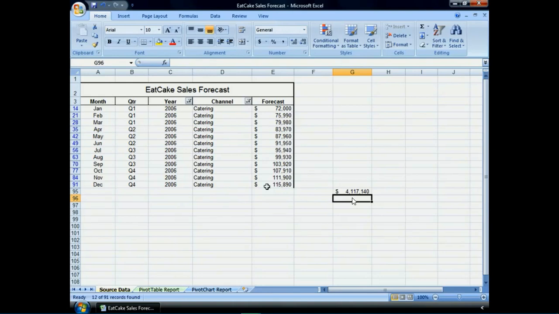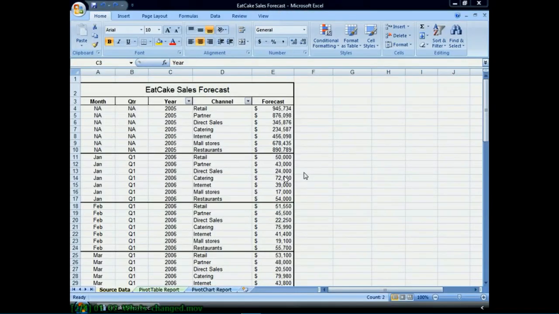We're going to explore together using a fictional company called Eat Cake and see how you can learn to use the power of Excel to analyze information in your organization or home. When you open Excel 2000,